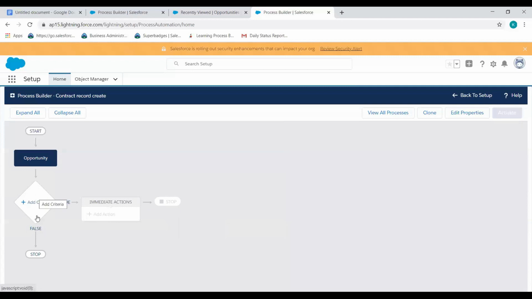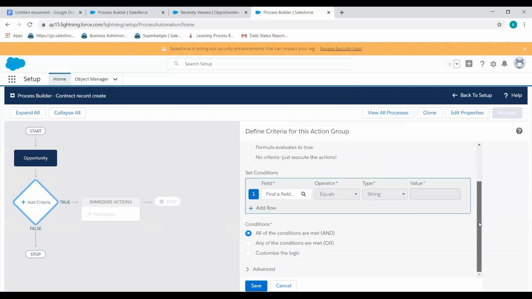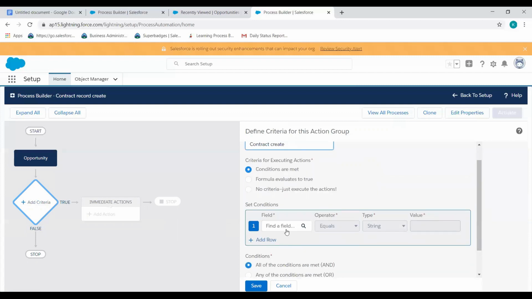Now add criteria, just your criteria name. These are the conditions you can set.